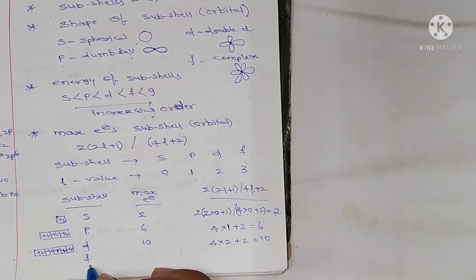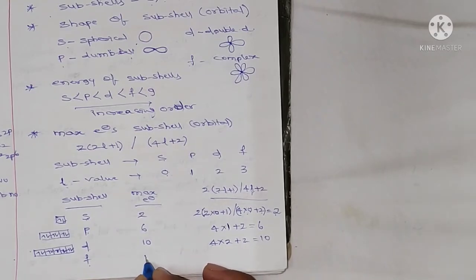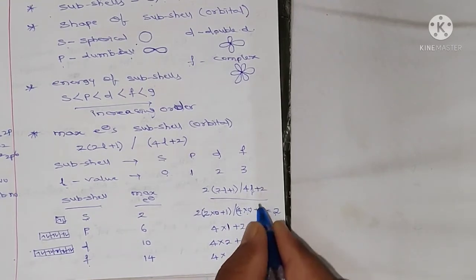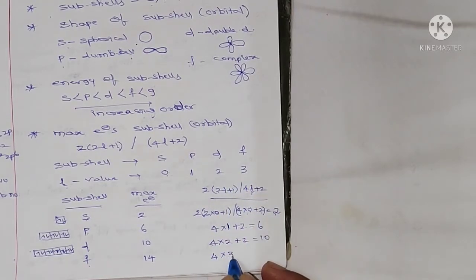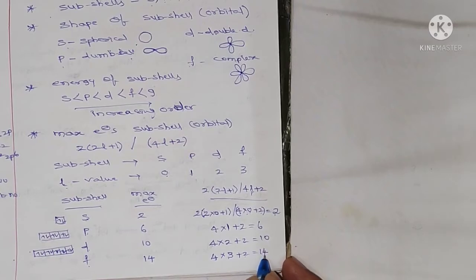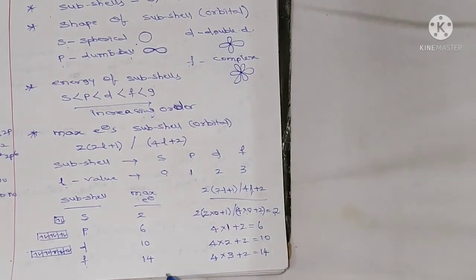And for f orbital, the maximum number of electrons is 14. According to that formula, 4 into l, the l value for f orbital is 3, plus 2. 4 into 3 is 12, plus 2 is 14. So the maximum number of electrons in f orbital is 14,